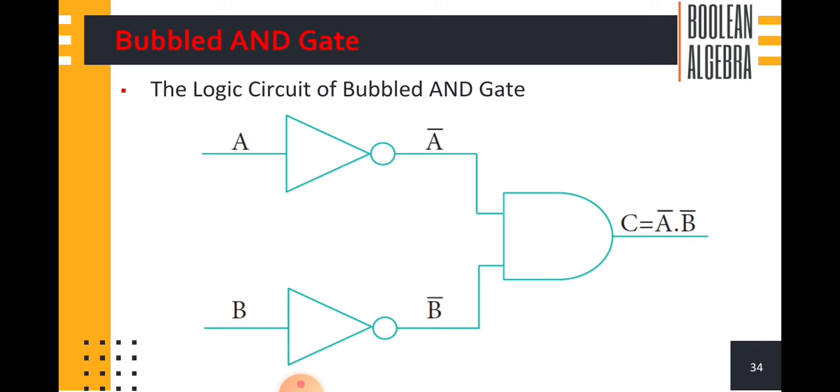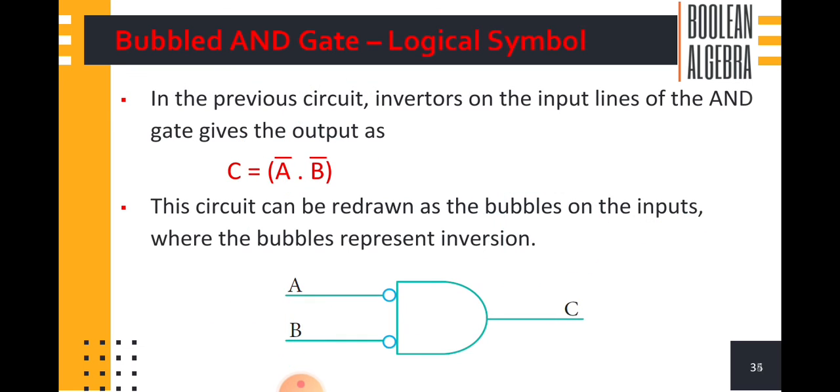Next we are passing this A complement and B complement to the AND gate. What is the output you can get? C equal to A complement dot B complement. Okay, so why are we calling it a coupled AND gate? You see this symbol, we are using a circle shape before this AND gate. So we call it a coupled AND gate. Okay, so we get the output C equal to A complement dot B complement.